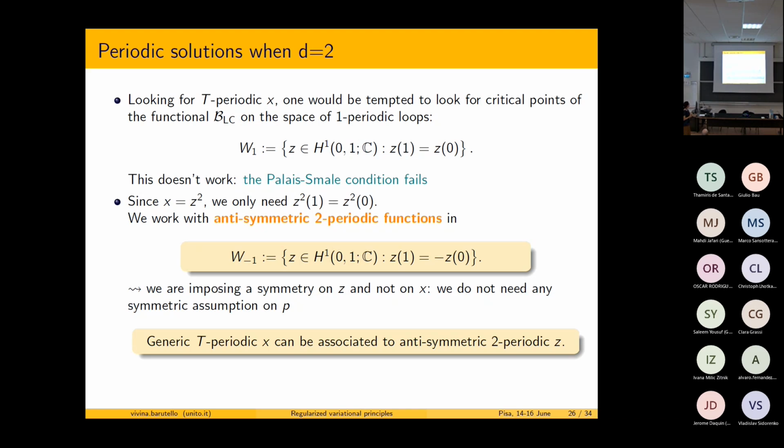Okay, and so the tricky stuff is the following: since the relation that you have between x and z is this relation here, x equals z squared, it is not necessarily true that z has to be periodic, but it can also be anti-periodic, because when you square, this minus here becomes a plus. And this helps you a lot,